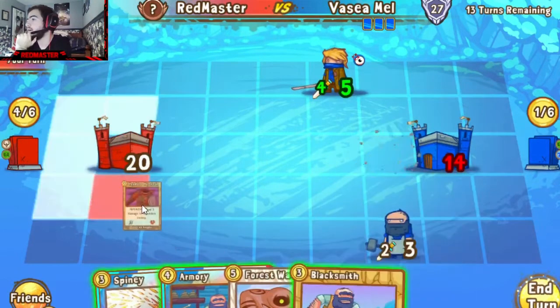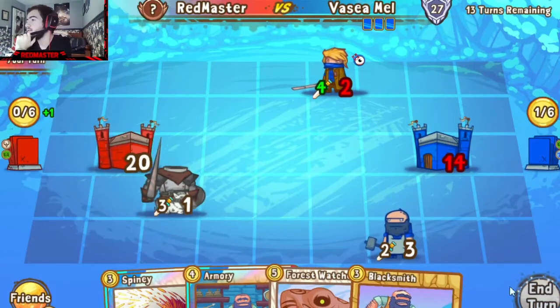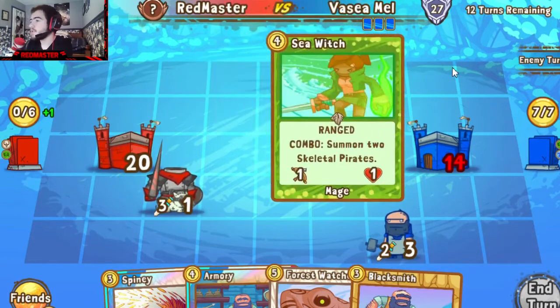Alright, so we're going to mug that. Where is this damage going? I'll take that, because then we can spawny it next turn. Alright, so overall we're looking pretty good. I think we're somewhat stable. See, the problem with this deck...